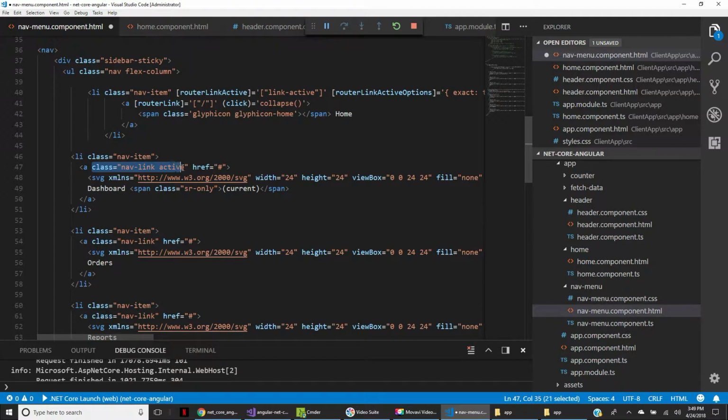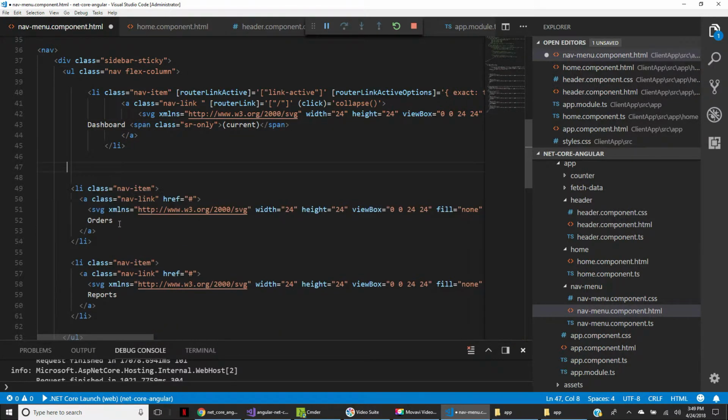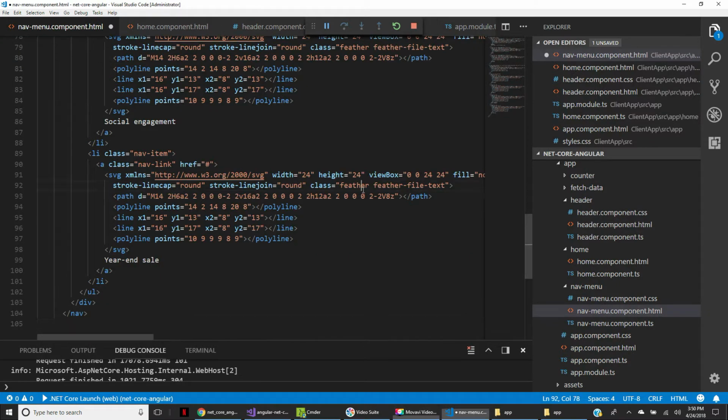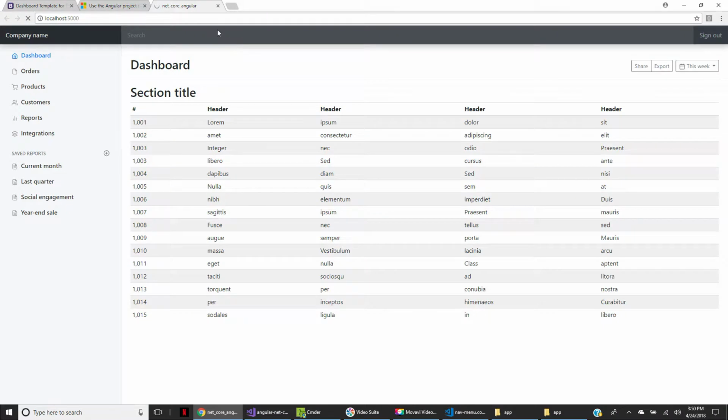convert over the classes, don't really need the active, and this SVG inside the anchor tag. Control-K-D. Okay, I'm going to do the rest and pause the video because it's the exact same thing two more times. Okay, now we can save, refresh our app,